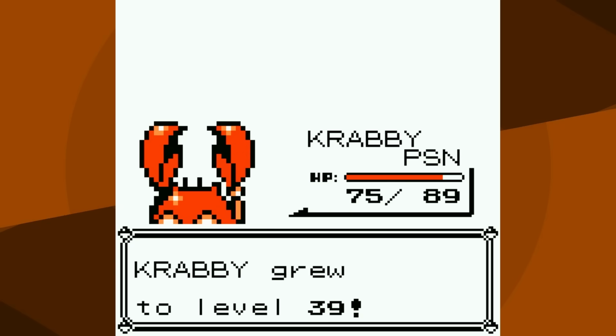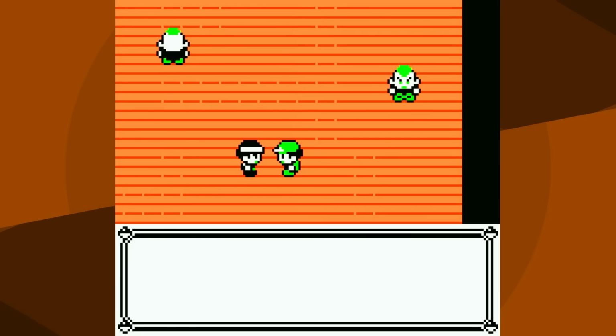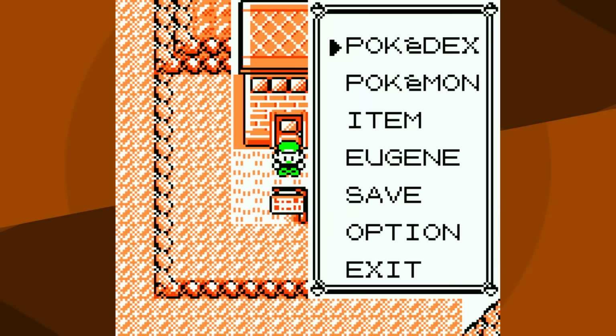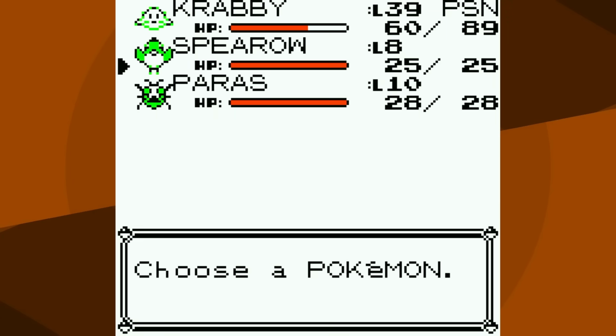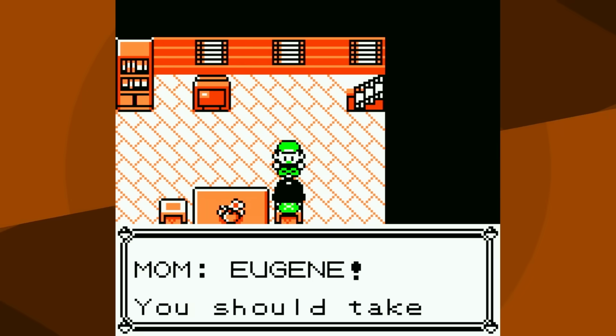I don't even know if Self-Destruct would have knocked me out, but it doesn't matter. We beat Koga on the very first try with a normal type move. That's pretty great. And that means we can go battle Rival Fivel, right? No. No, battling Rival Fivel would be a massive mistake. Instead, we're going to head to Pallet Town, and we're just going to need our mom to heal us up